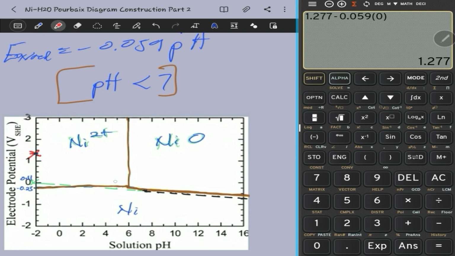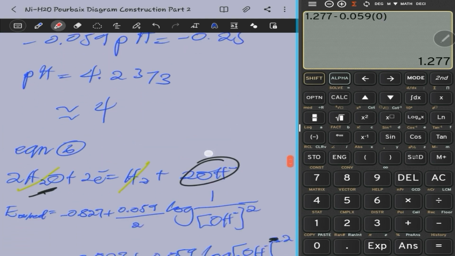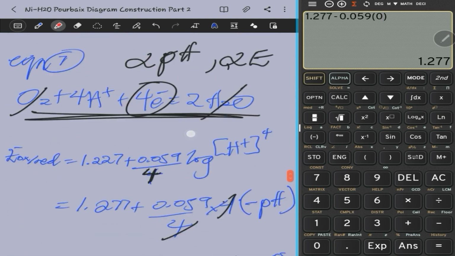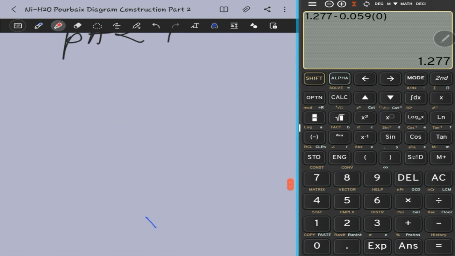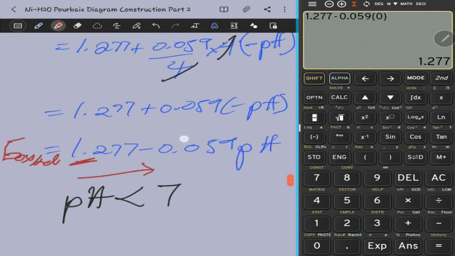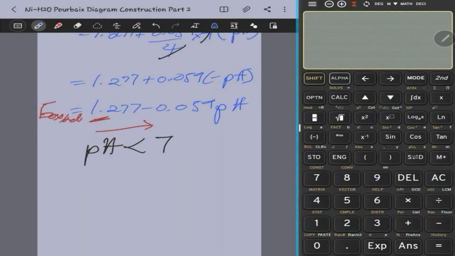This original line that we drew, right? For the first reaction equation that we have. So we know at some point it crosses this line. That we know for sure, but we don't know where. So that's where we equate some things and find the intersection point, right? So that will mean that we equate all this to minus 0.25, right? So let's see. Equating them, we have